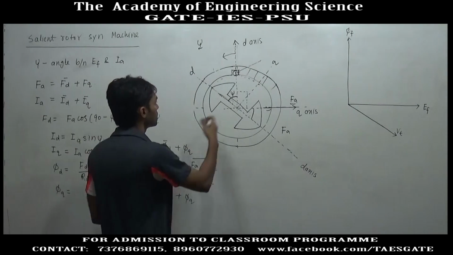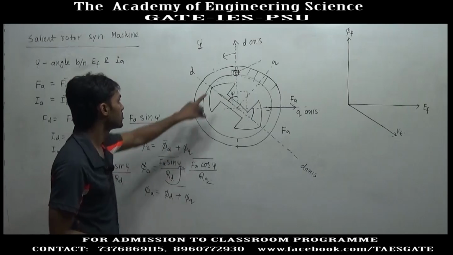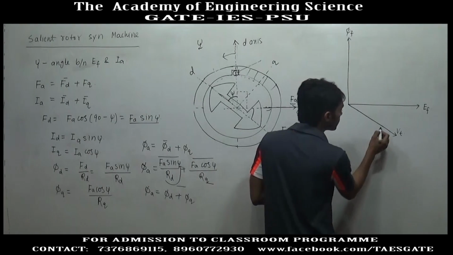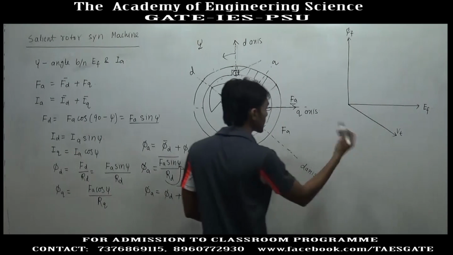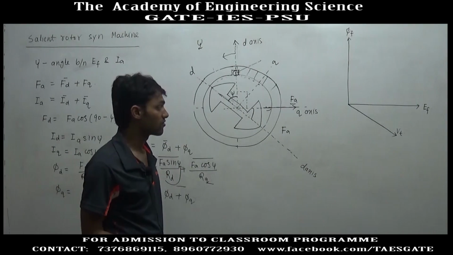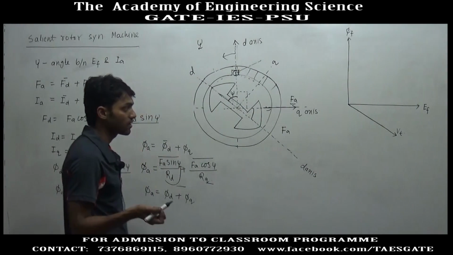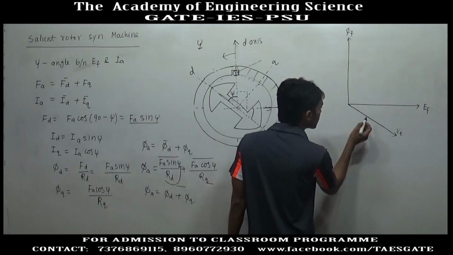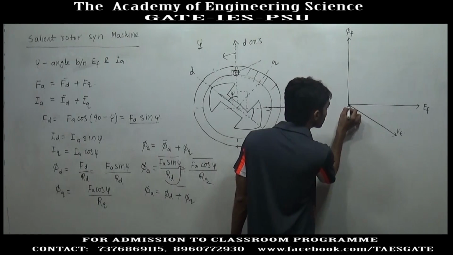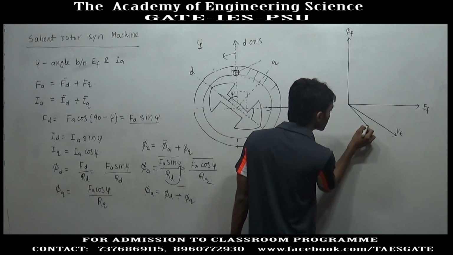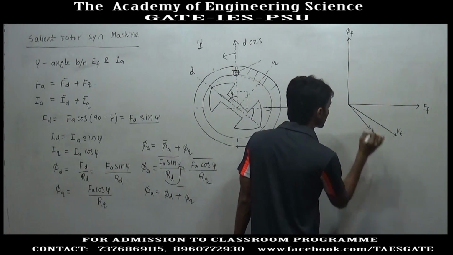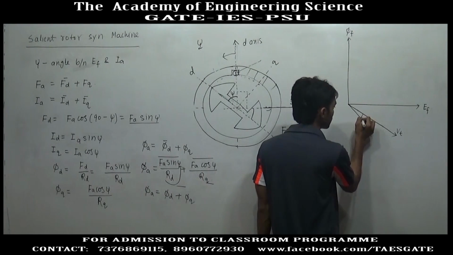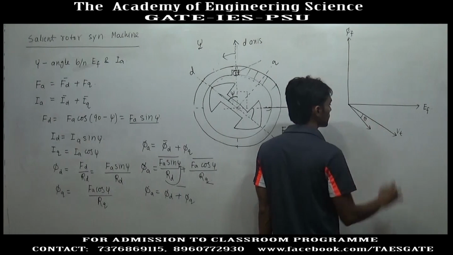Suppose we have a salient type synchronous generator and some lagging load is connected at the terminal of the generator. So the armature current will lag the terminal voltage. That is the meaning of lagging load. So let us say this is the armature current, and this is lagging by some angle theta,